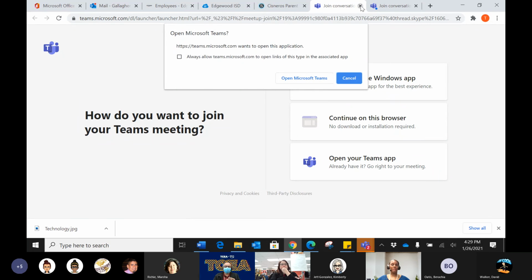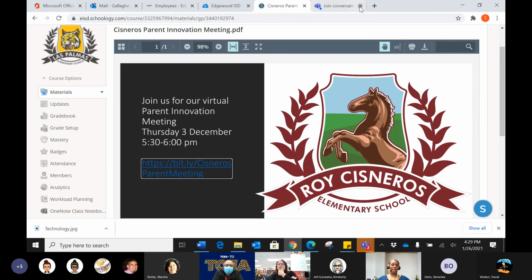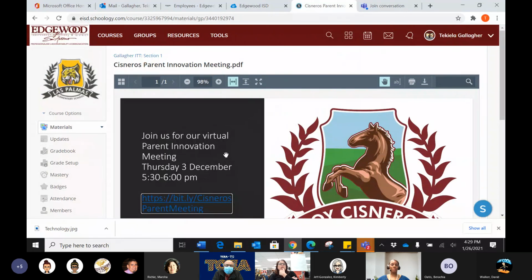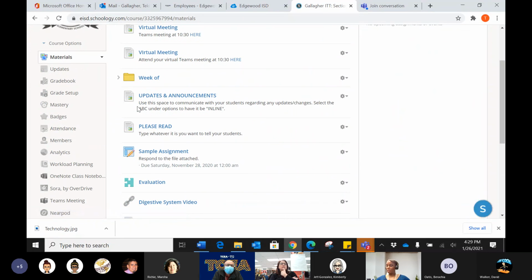So again, that's something handy to have on hand to keep the students from having to go to so many other places. If you're wanting them to do something, or if you need their parents to see something, then I do like that feature as well. But that's the great thing about having it in line. In order to get it in line,